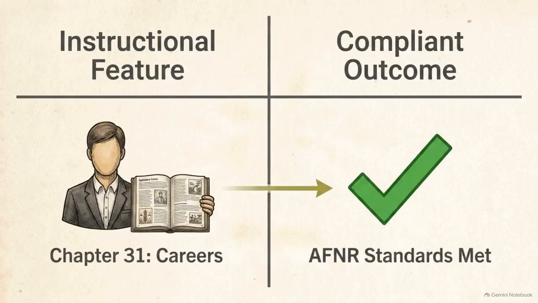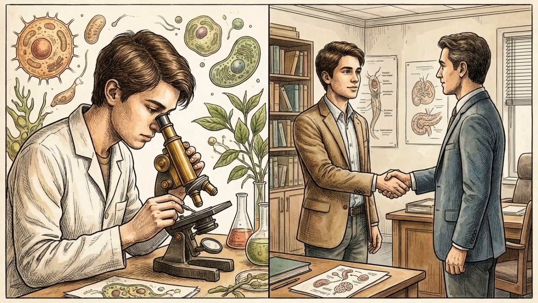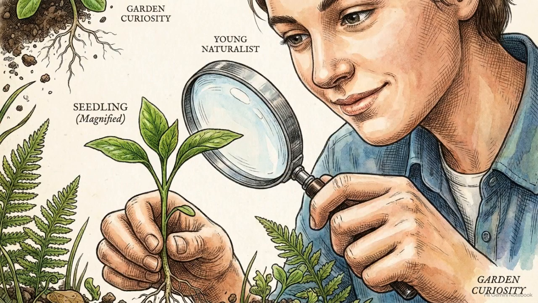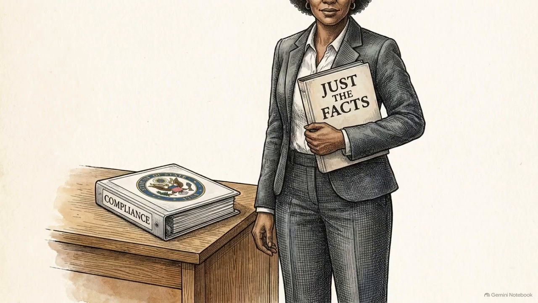A feature versus outcome matrix shows how this works in practice. Teaching a module like Chapter 31 on careers provides the lesson, and it directly checks off required state and national standards, transforming textbook inputs into compliant classroom outcomes. There is an ideological trade-off to this approach. It forces 14-year-old students to think about economic output and career tracking very early in their educational journey, rather than exploring the science for its own sake. For a generalist program, having a textbook that automatically aligns a broad survey course with national standards justifies that heavy